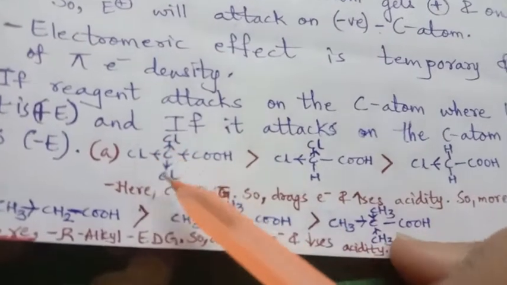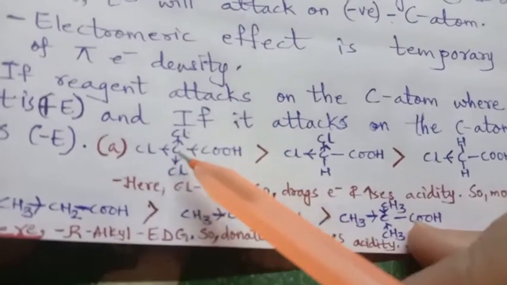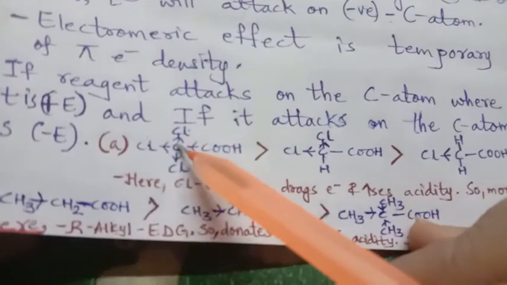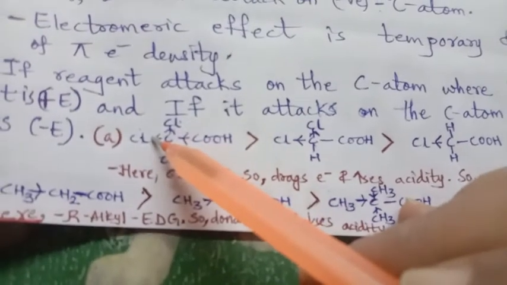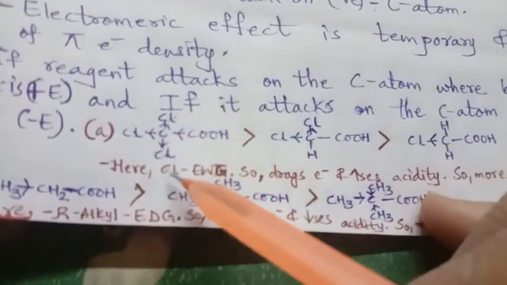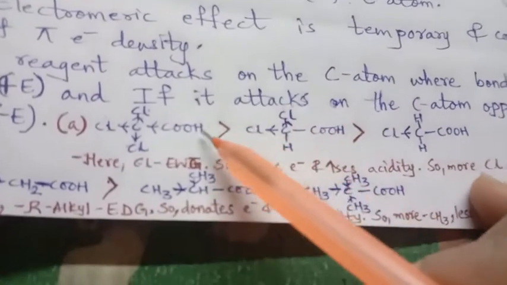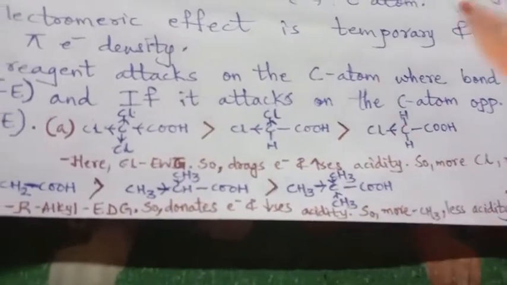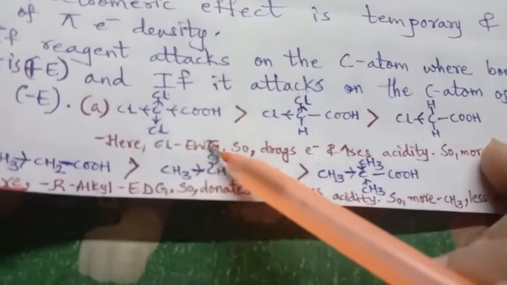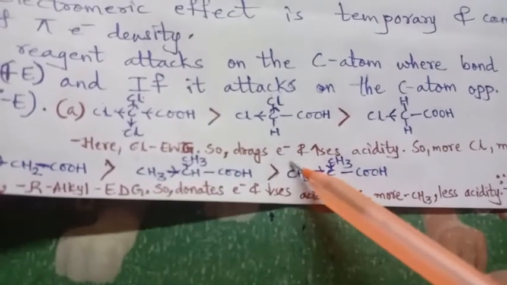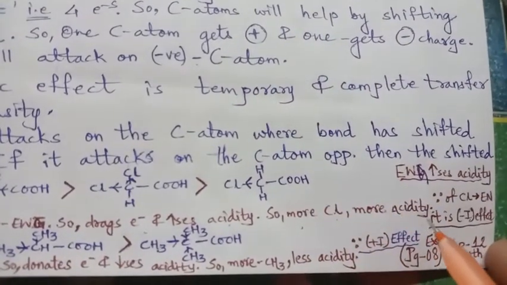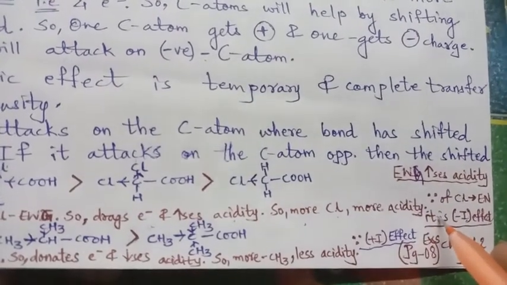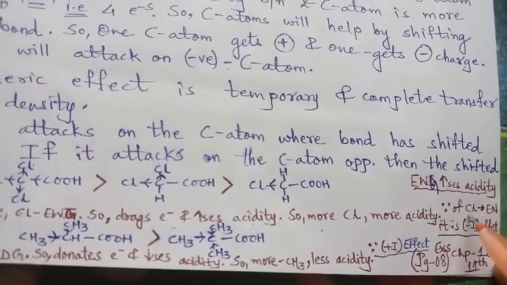So let us see here, 1, 2, 3 chlorine, and chlorine is electronegative, so they will try to drag the electron, even from here and even this also. That means the more the chlorine, the more will be the negative. Here 2, so less than this, and here only 1. So what is the order here? Chlorine is an electron withdrawing group, so it drags electron and increases the acidity. So more chlorine, more acidity, and it is the minus I effect because the electronegative compound is dragging the electron, right?